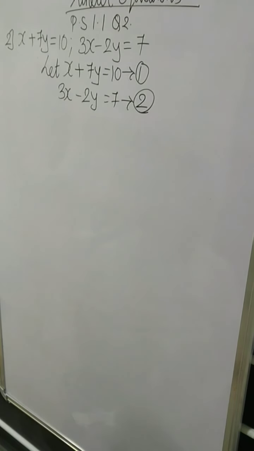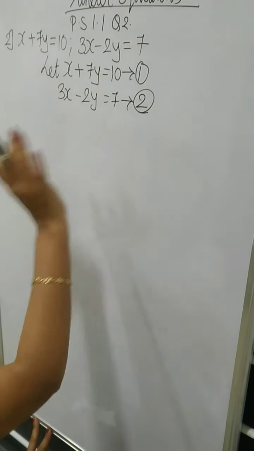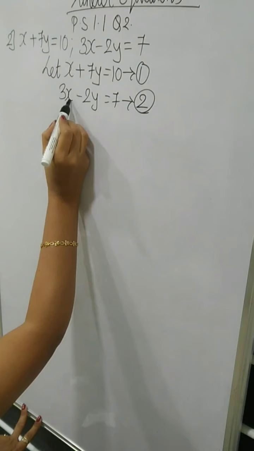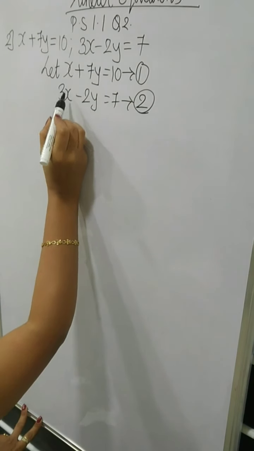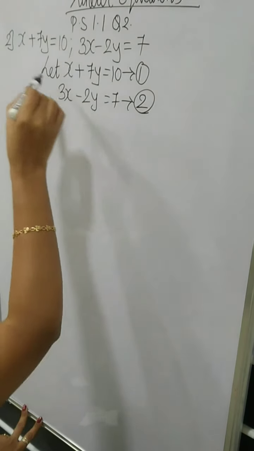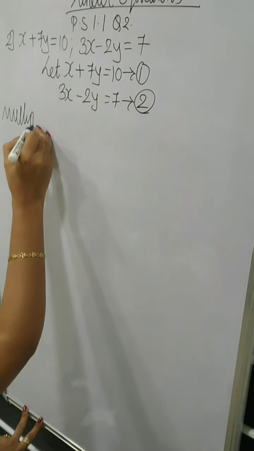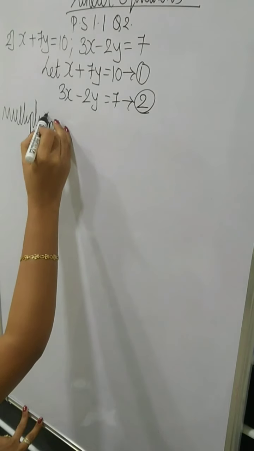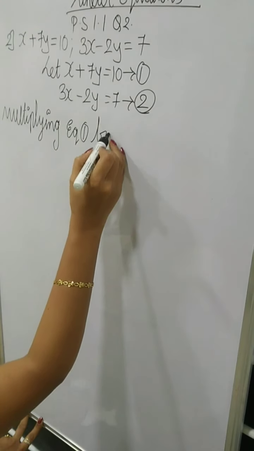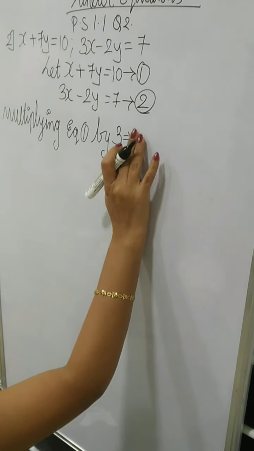Then what is our next step? How do we solve this sum now? Let's see. In order to make the terms similar, I will see where I can do that and how I can do that. As I can see, 3 is there with the variable x, so I can try and get 3 over here. What I need to do then is multiply equation 1 by 3.